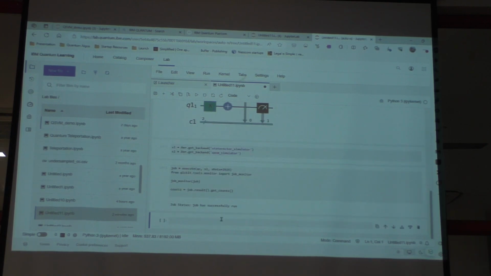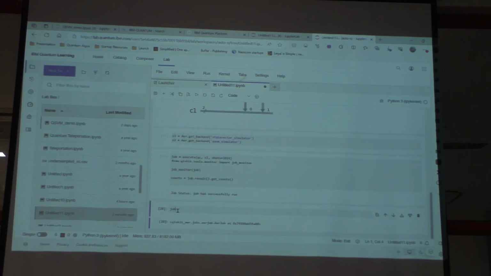So you can also see what all things you will get once you execute, and now we can print the counts. So as you can see here, we have generated the counts.